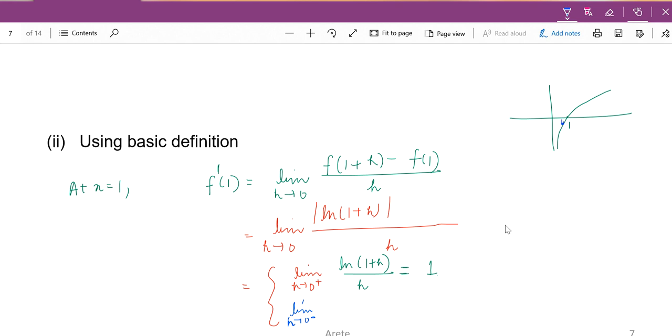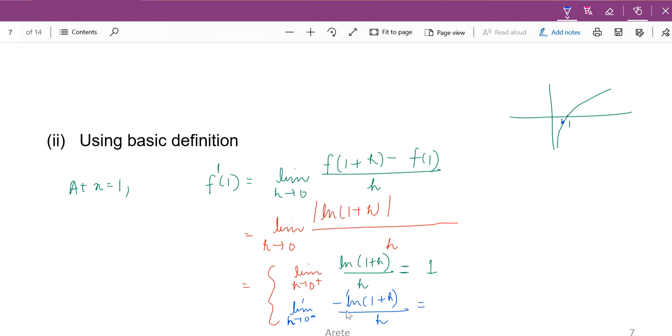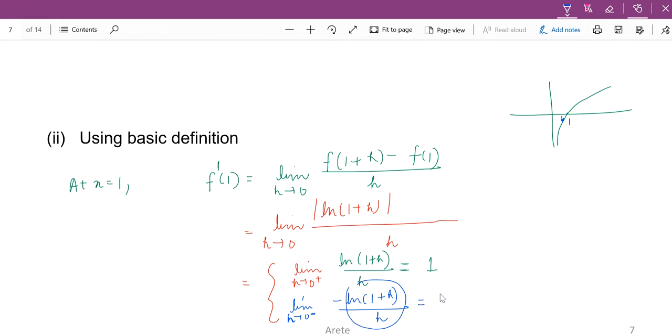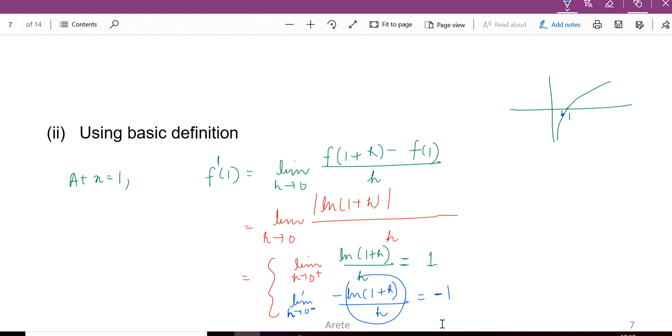Your log function is what? Negative, isn't it? So modulus of this will be minus of log. I am using the basic definition of modulus. Now again, what is this limit? This whole limit is 1 and the minus is intact, so you have minus 1. You get that these two numbers are not the same. That means you just showed that f prime of 1 does not exist,